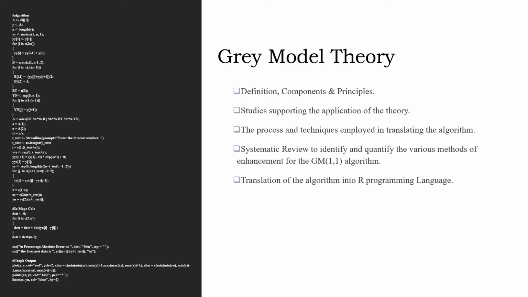A total of 13 papers were found appropriate and ideal and relevant. And out of those 13 papers, 38% improved the background value of the forecasting model. So that's the most popular method of improving the model and gaining higher accuracy. 23% used the multi-model approach, similar to an ensemble, and 15% enhanced the model by improving the accumulative generating operation mechanism. Some other methods were also employed, namely virtual sample generation and parameter optimization.